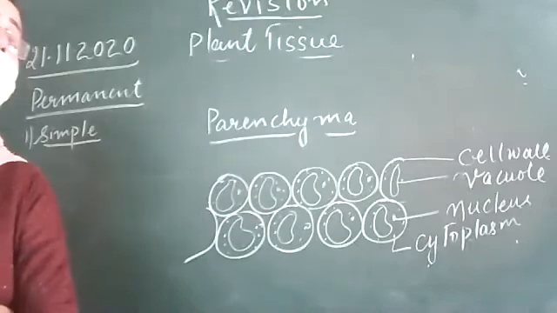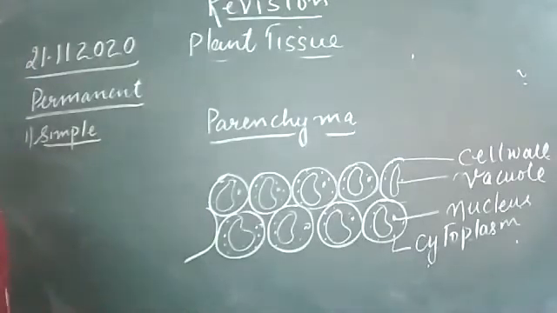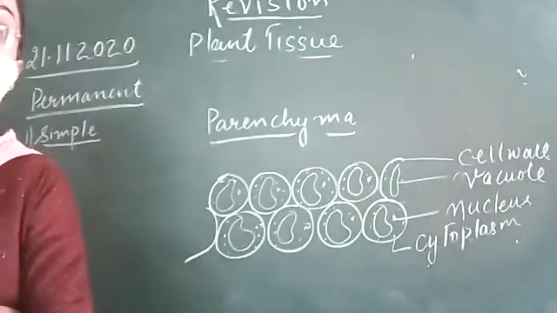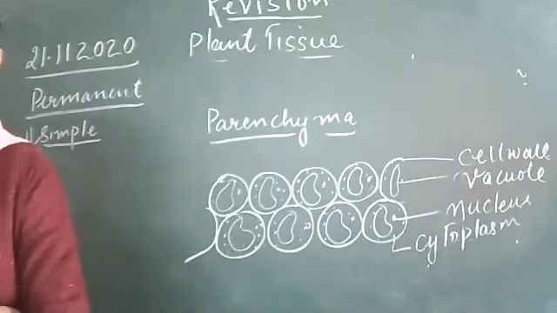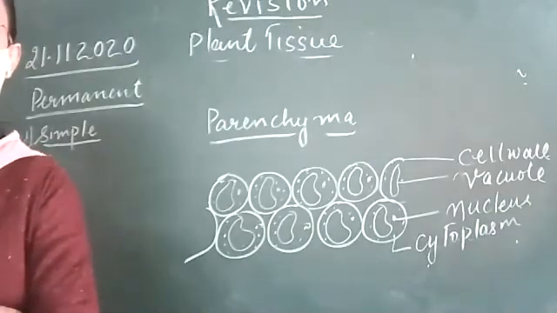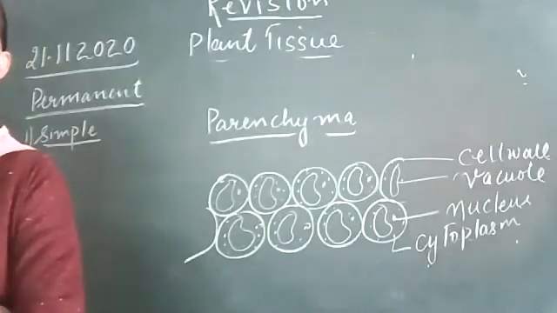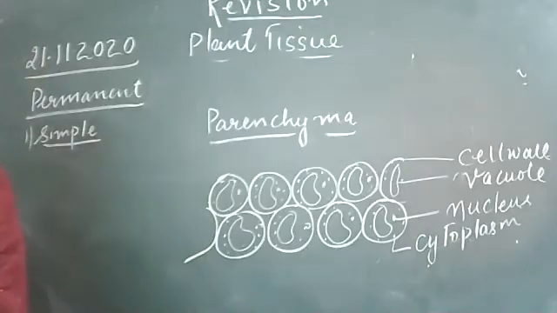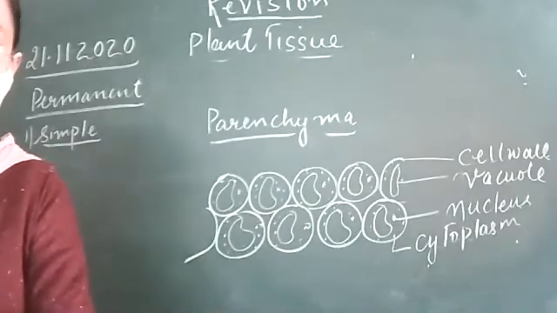So what is the function of parenchyma? Storage. It can protect also as it is present in epidermis, and epidermis is a protective tissue. Ma'am, it provides strength and support to the plant. The basic function to provide strength and support is of collenchyma. Okay, ma'am. Or it can be parenchyma, it can be chlorenchyma.